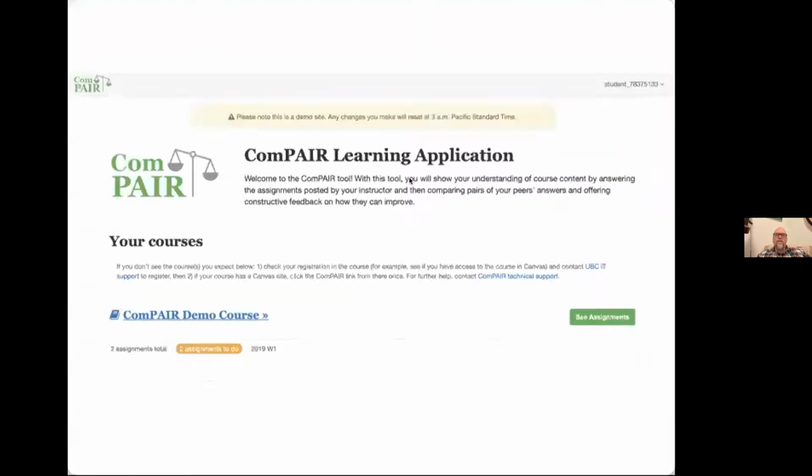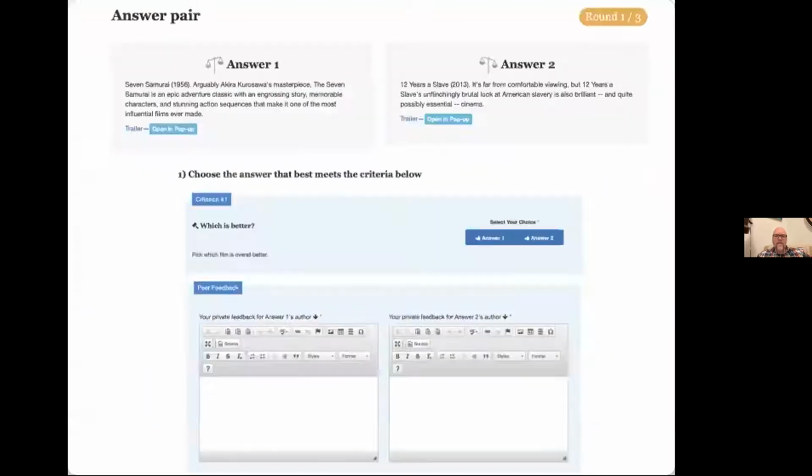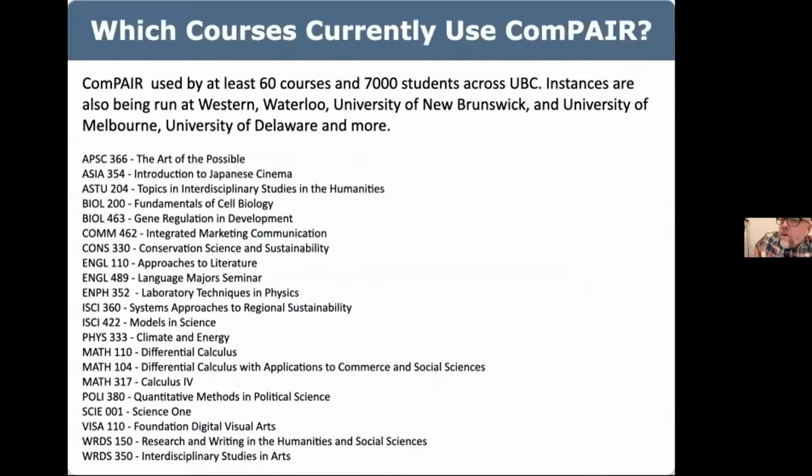So yeah, I already talked about these design things, and I have these slides just in case internet doesn't work. One thing I'd like to talk about for the next little while is just about the kind of courses that are using this right now. So ComPAIR is used, I think it's actually in 70 courses now. We just look at logs and keep track of statistics, but so it's at least 60 courses and 7,000 students